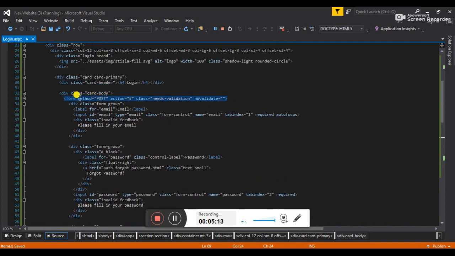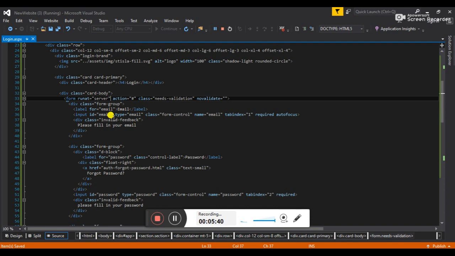We have to just remove its method here, and give it runat equals server. Now why do we have to give runat equals server? Because every ASP element like text box, drop downs and so on needs a form tag which has runat server.